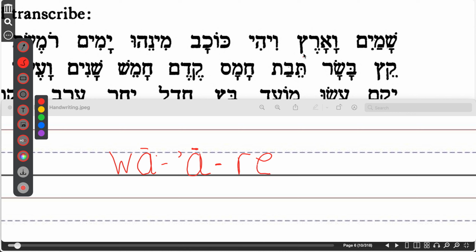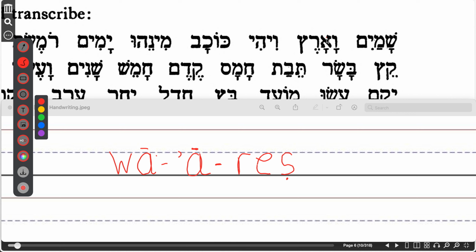And then you have final. Remember that one? Think about it. That's the final letter. Final Sade. And so it's like a TS sound. So it usually would go like this. You would put the S mark and then put a dot underneath it is how he does it. If you go back to the chart, you'll see that. So, wa'aretz, wa'aretz,